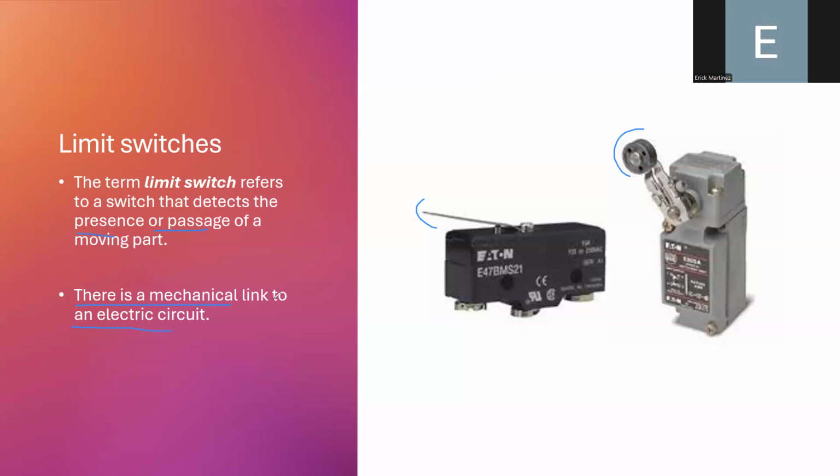In fact, the most important part is that these limit switches can detect moving objects, okay? And they can detect these moving objects through the lever or roller, that is a mechanical system that is linked to an electrical circuit. Okay,